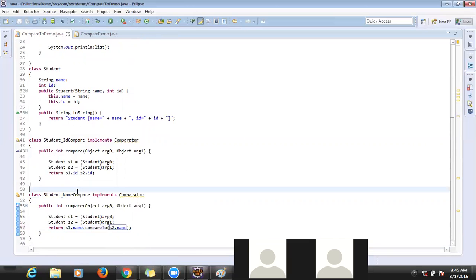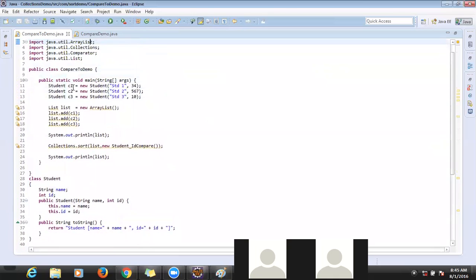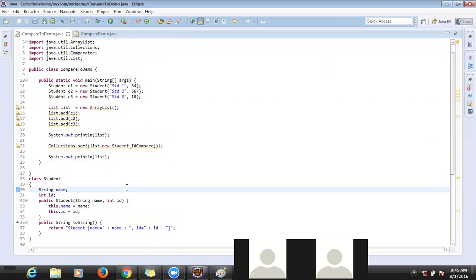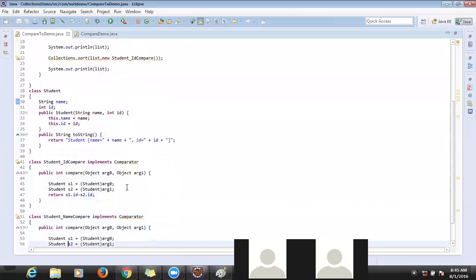So now if we need to compare multiple ones, do we have to write multiple classes? No. What I was asking was, it will compare only S1 and S2 names, right? Not S3. No, here you can add n number of students. You can add 1,000 students also, doesn't matter. I will tell you how it will work. I think you compare the first two and then sort, then 2 and 3 and then sort. Is it like that? No, I will tell you.